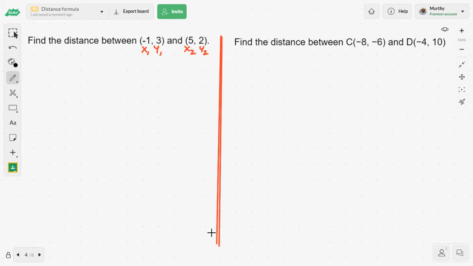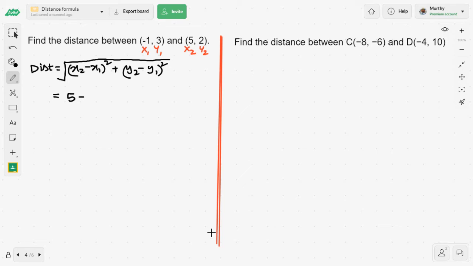Okay, so let me write the distance formula here. I don't have the luxury of using the Pythagoras theorem, because first of all there is no graph sheet, so that I can't plot the points. So let me use the distance formula. Distance equals x2 subtract x1 whole square plus y2 subtract y1 whole square, and everything is under the square root. So x2, which is 5,